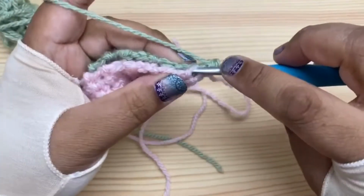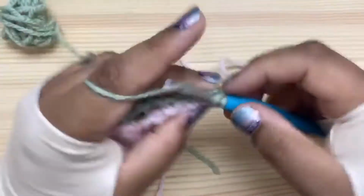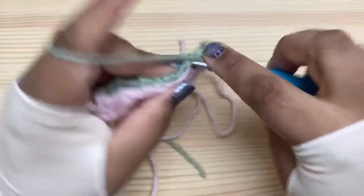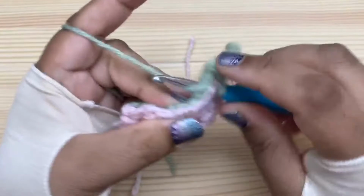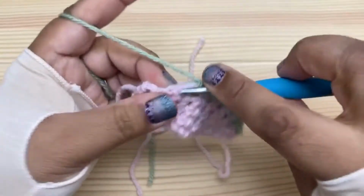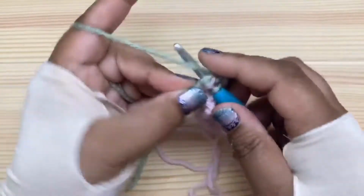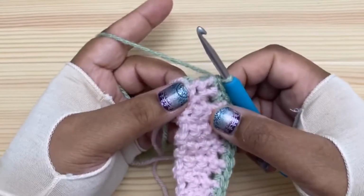Okay, so now we're going to do 14 total. So that was 1, and we're going to just go into every row. So 2, 3, 4, 5, 6. I'm working through both layers. 7, 8, 9, 10, row here, 14. Okay, so now we've come to the bottom, and when we actually finish these ears, we're going